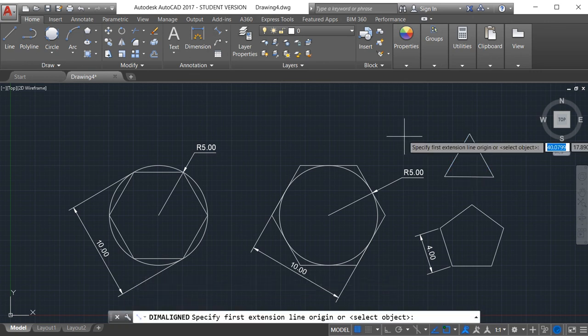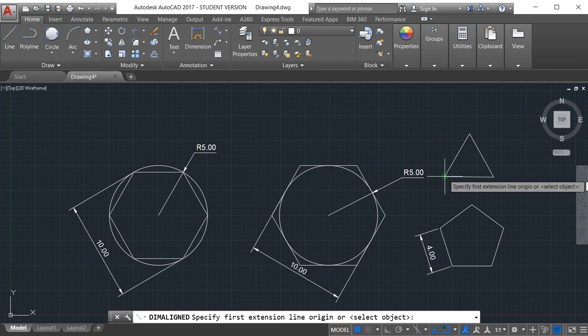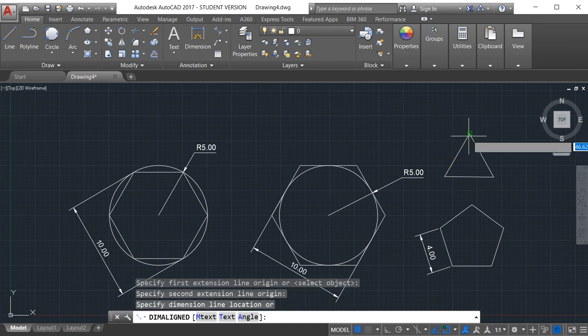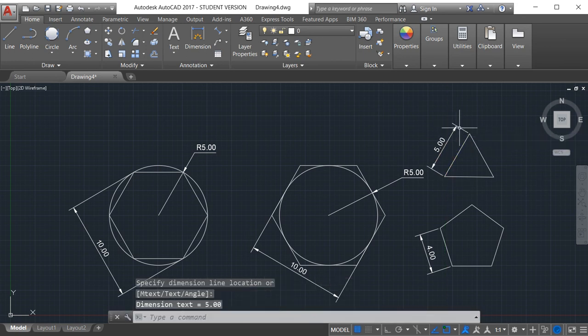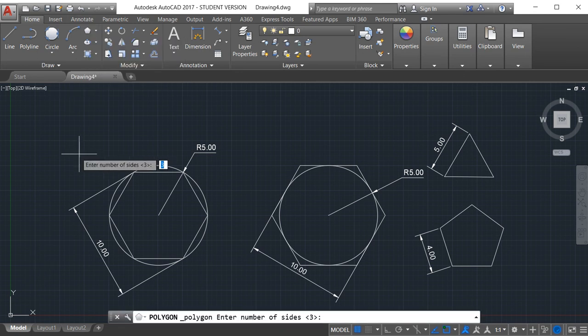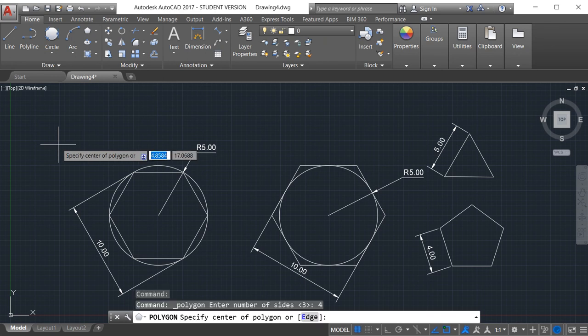I can give the dimension from here. This will be the length of one edge, or the length of each edge will be 5. Also we can draw a square by using the polygon command. So click here and enter the number of sides as 4, enter, and now I am going to give the edge method.